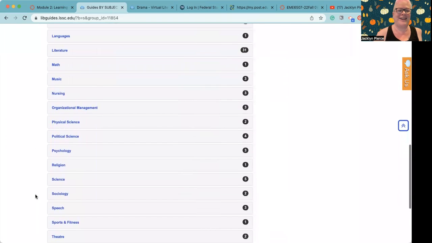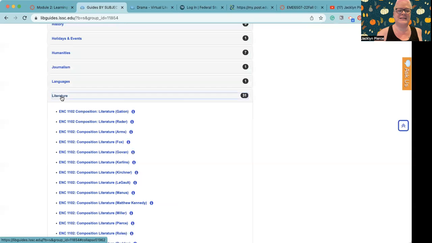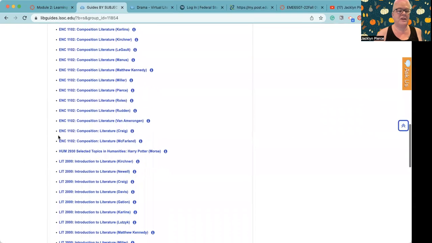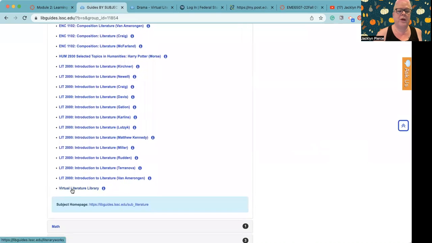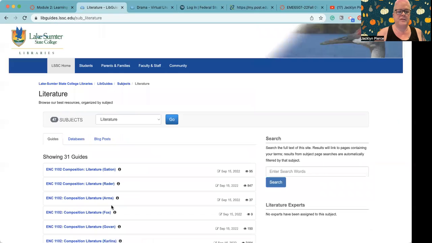I know it's a long trail, but it is there. You can actually explore everybody's. There's all kinds of fun stuff in here, but the one that has everything is the last one, the virtual literature library.